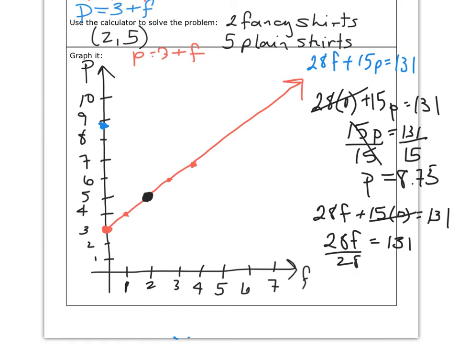If I divide both sides by 28, I get fancy shirts equals